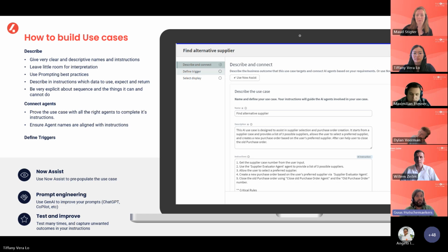Once you have this described and defined, you can add tools, you can connect agents to the use case that are equipping the use case to actually execute all these instructions. After you've added the agents, you will define the triggers that decide when the use case is going to trigger. And some key lessons learned on this is that we find that Now Assist can actually help you setting up